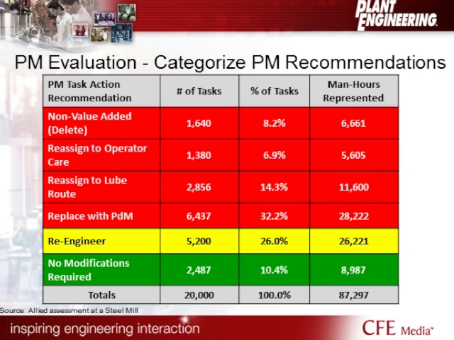And then in this facility, about 10% of the items had no modification required, meaning that that task was failure mode based, it was quantitative, it was easily applied to multiple areas, it was standardized, and everyone was doing it the same way. So if you start looking at that, you realize you could free up a pretty substantial amount of man hours just by going through that process, just by using 5S on your PM program.